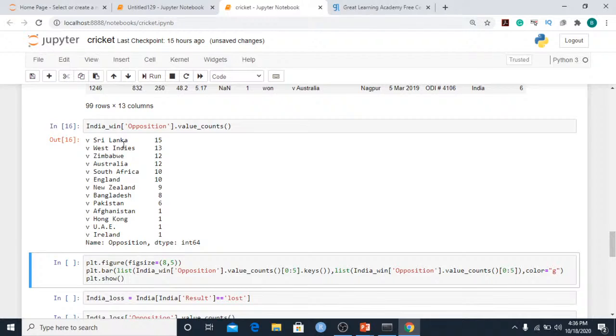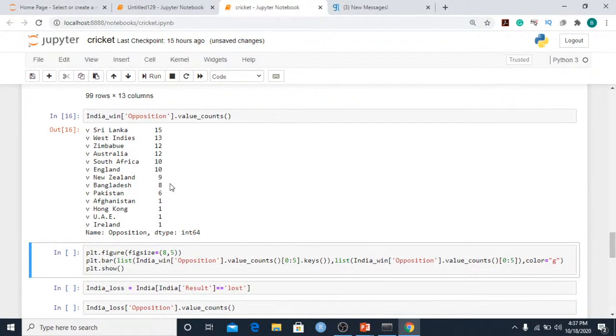So you would see that during this time frame between 2013 and 2019, India has won 15 matches against Sri Lanka, 13 matches against West Indies, and 12 matches against Zimbabwe. Then the rest you have Australia 12 matches, South Africa 10 matches, England 10 matches over here. So now, if I would want to make a bar plot for this,